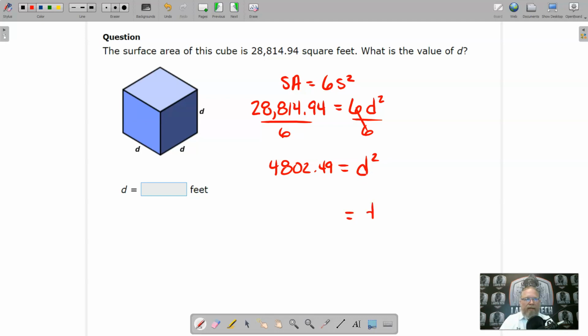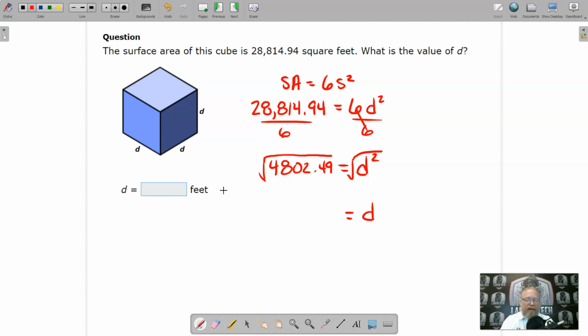Now, to get rid of a square off of a variable like D squared, and I just want it to be D, what we do is we take the square root of that. And whenever we do that, we end up with just D here. And what we do to one side, just like up here where we divided both sides by the same number, we're going to do the same thing to each side, and we're going to take the square root of